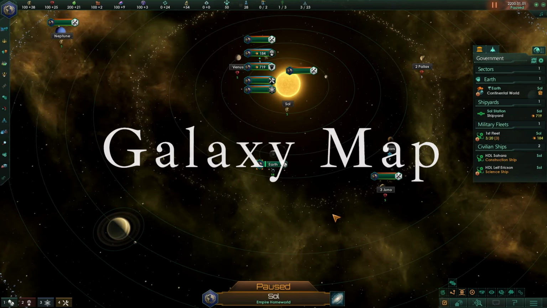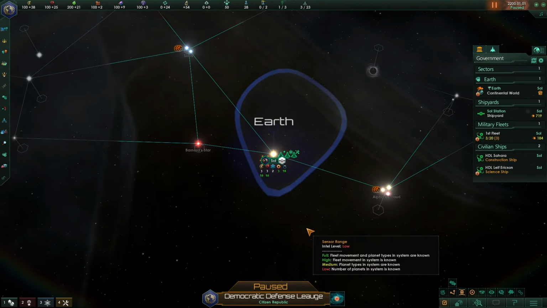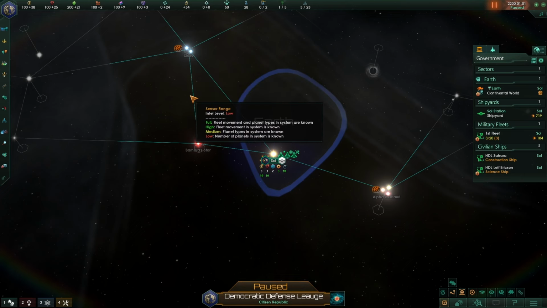Next, you want to take a look at your surroundings, and you do that by pressing the galaxy map button right here. Here you can see the hyperlanes that connect your star system to other star systems. These are the blue lines right here you can see, and you can see potentially habitable planets, which are these